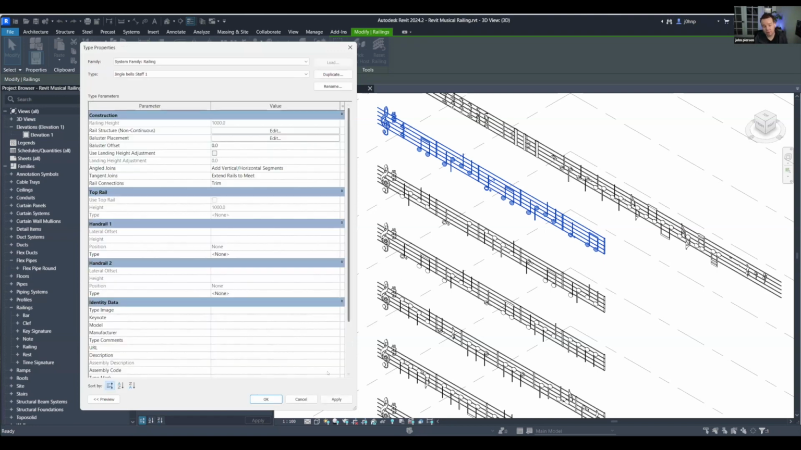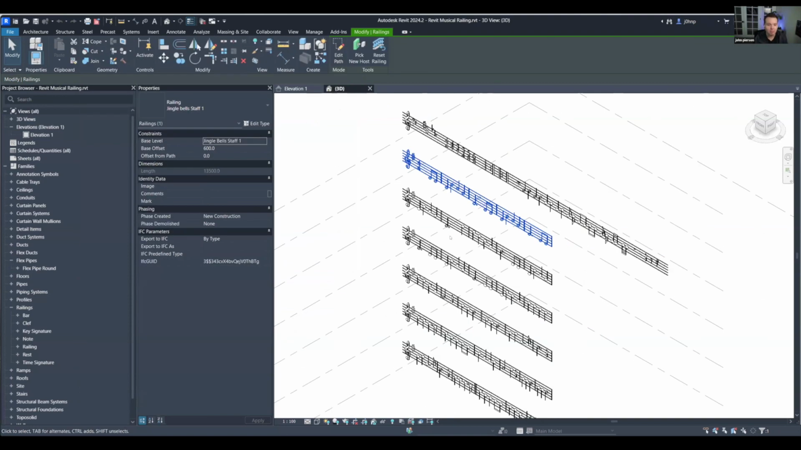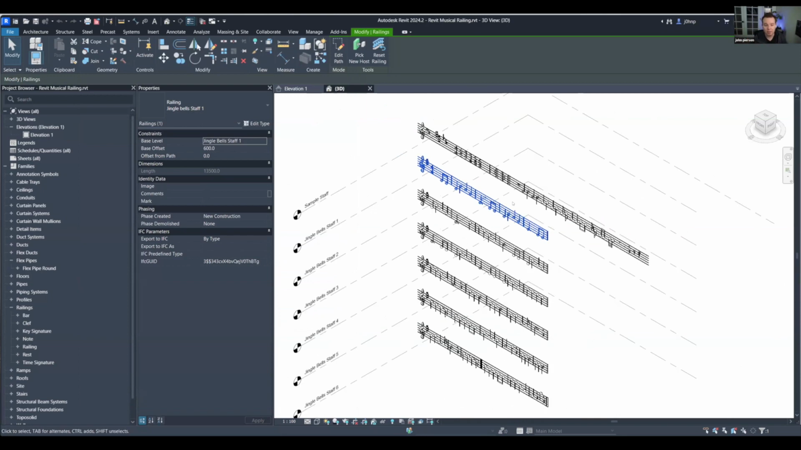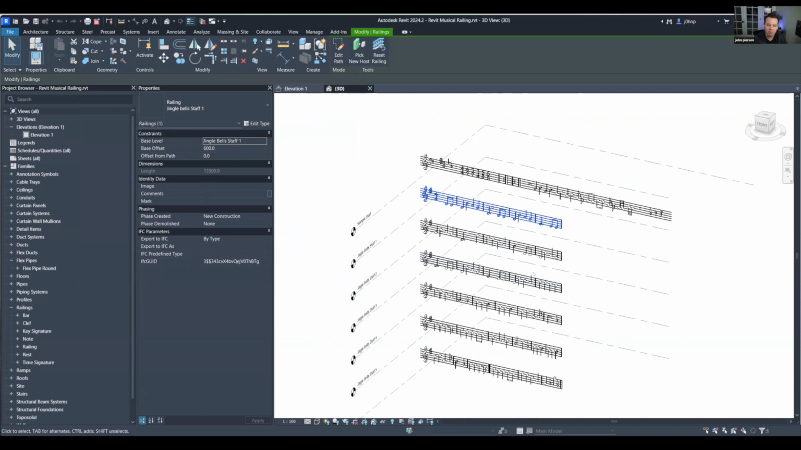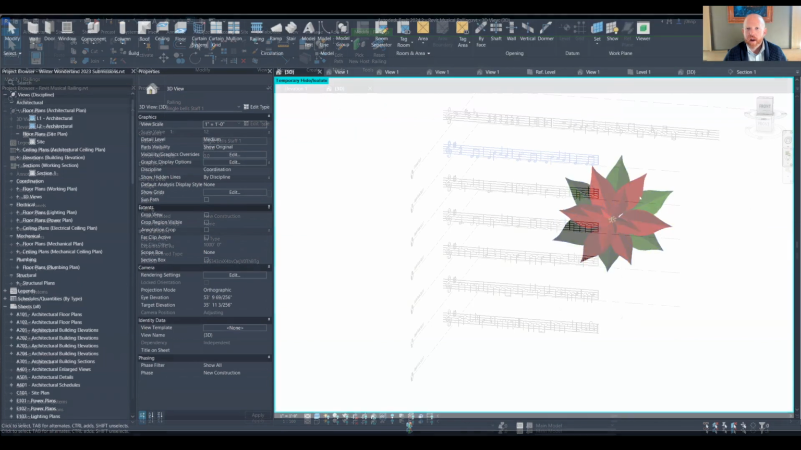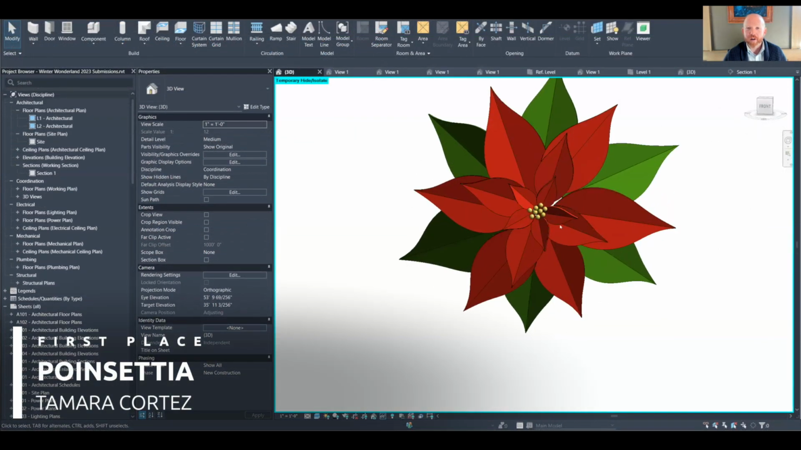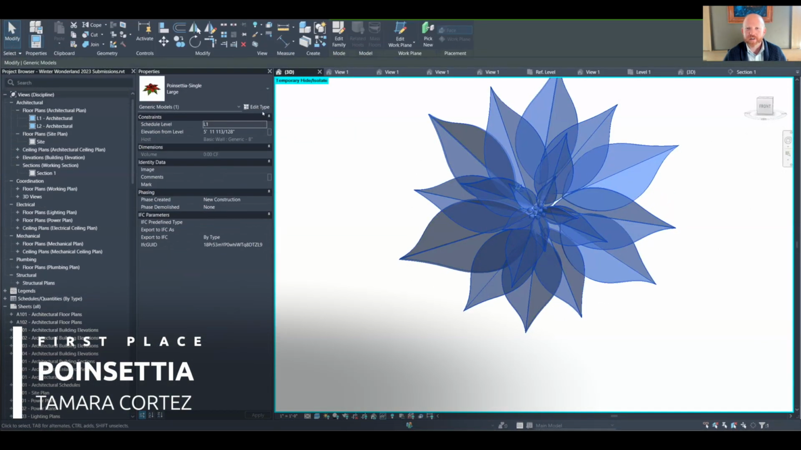I would have never thought to make a musical staff with all the notes in there, the eighth notes, the quarter notes. I wouldn't have ever thought to model that in Revit, much less as a railing family. So super creative family, really great sample file, and just really out of the box thinking with a wintertime spin, which is really cool. And now the moment you've been waiting for, the first prize winner of this year's competition